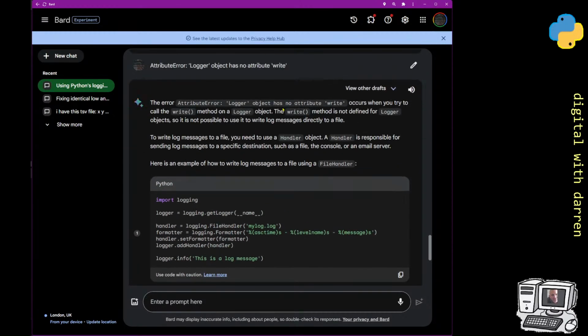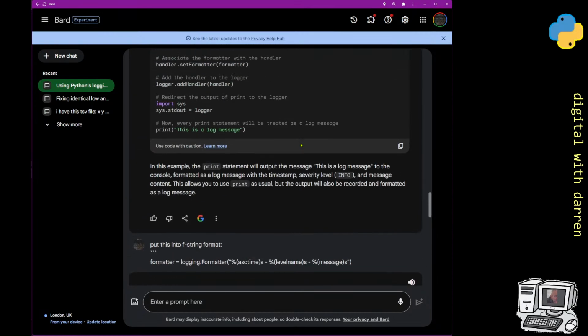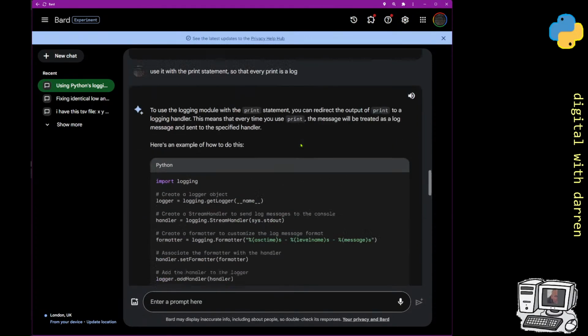So the attribute error from the logger has no write. Occurs when you try to call the write method on a logger object. The write method is not defined for logger objects, so it is not possible to use the write method to log messages directly to a file. Okay, I want to log to,